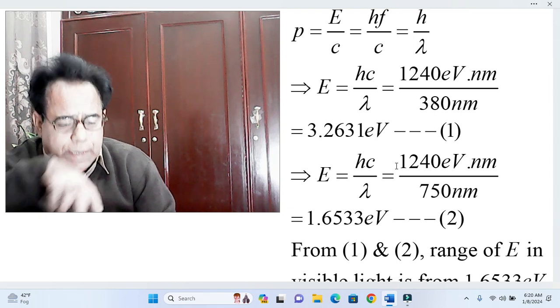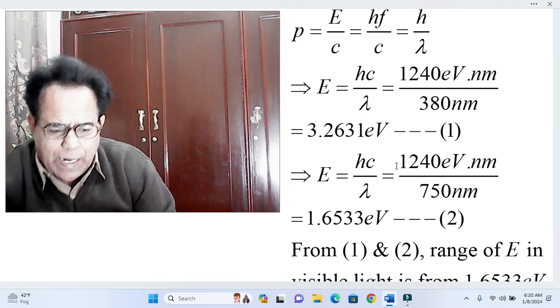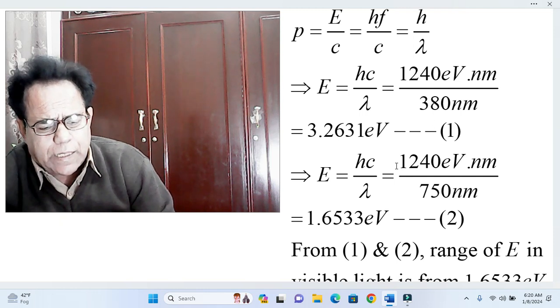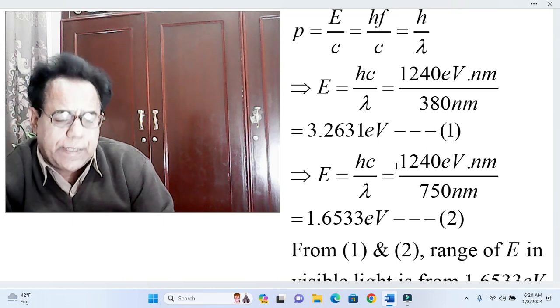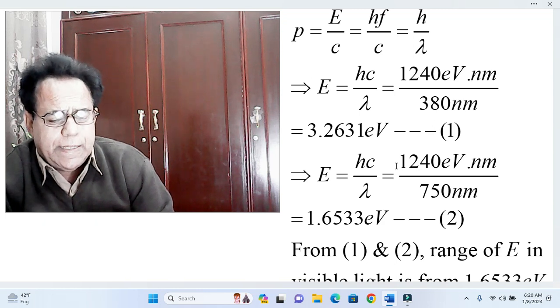The range starts from 380 to 750. So the first time we have used the first wavelength, that is 380 nanometer, while in the second stage